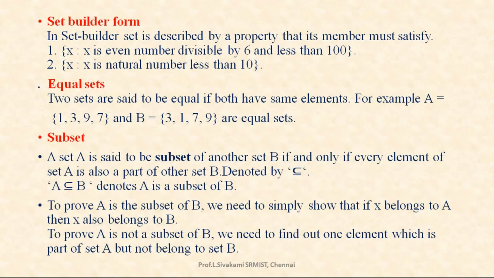So next, let us see one by one the various definitions of the sets. Equal sets and then subset. Equal sets: if any two sets are equal, we have to check all the elements appearing in set A and set B. So there should be an equal number of elements. It may be numbers or letters, but everything should appear in both the sets, but the order may vary or the position of the numbers may vary.